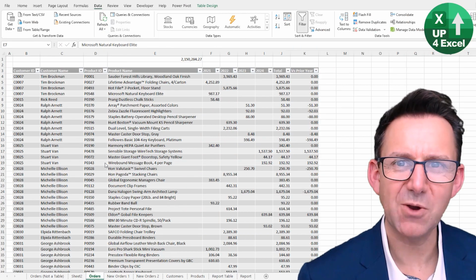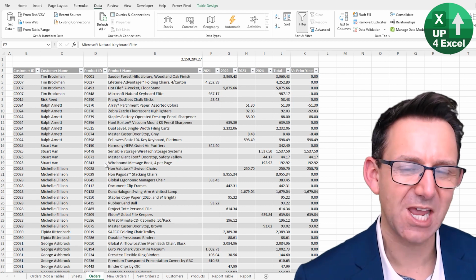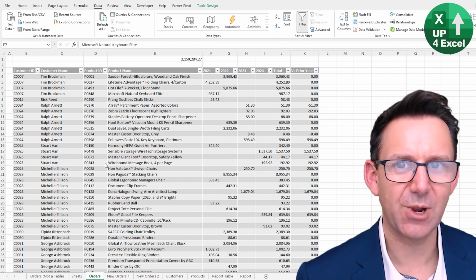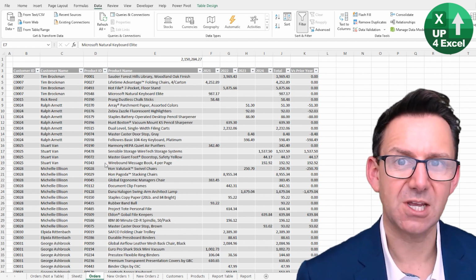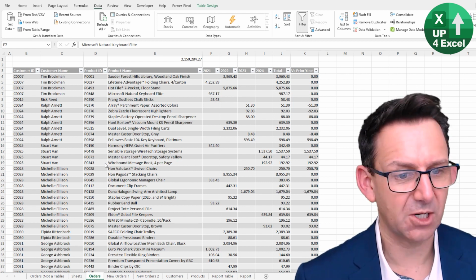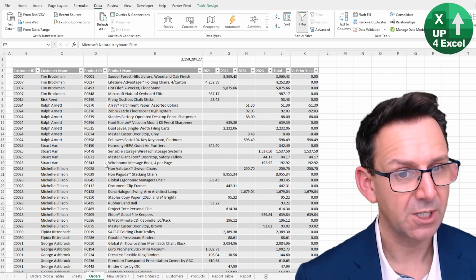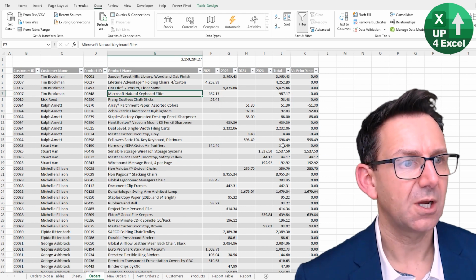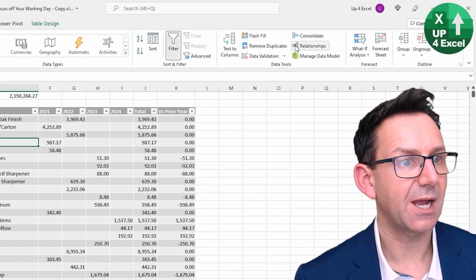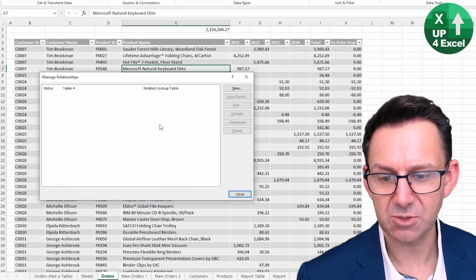And I have a bonus for you on pivot tables as well if you're using tables, because you can actually create relationships between different tables, which can totally save you having to do any kind of lookups and bringing all your data into a single table. So for example, if we go onto the Data menu and click Relationships, we can set up relationships between these